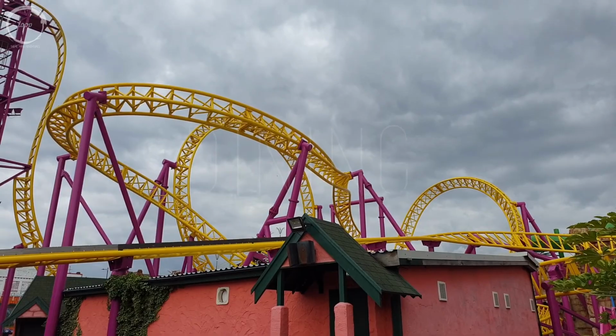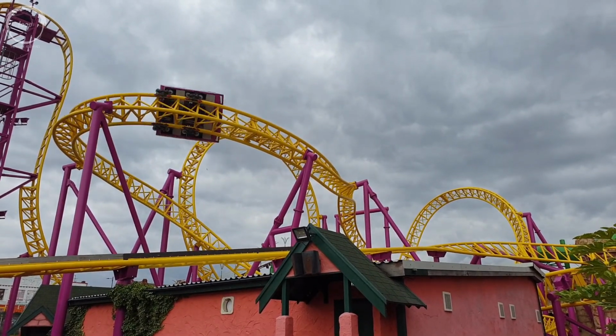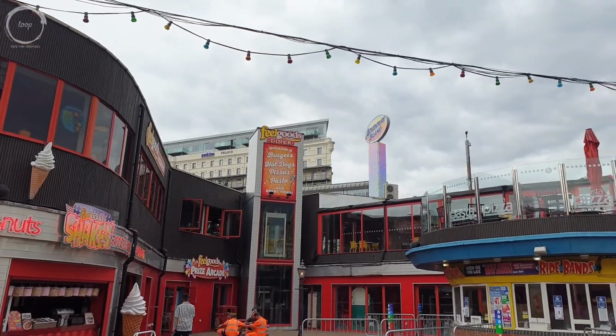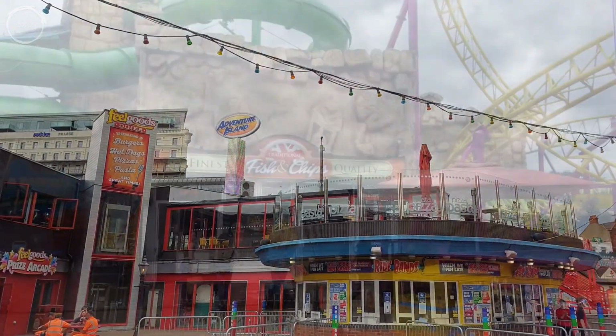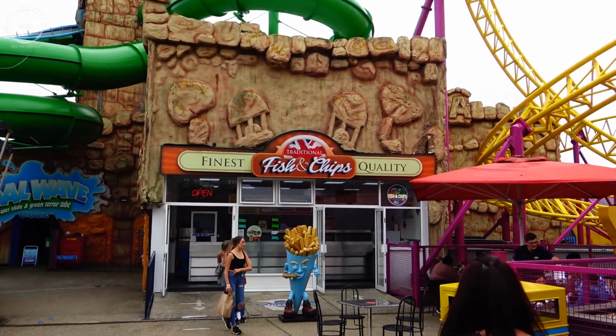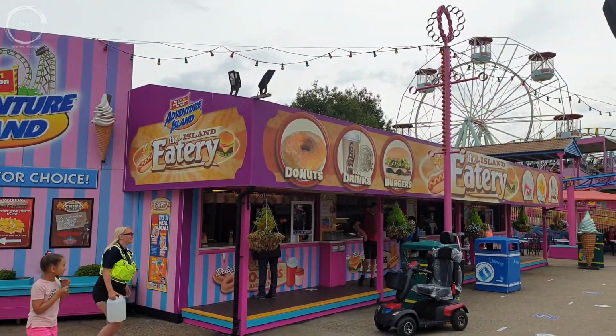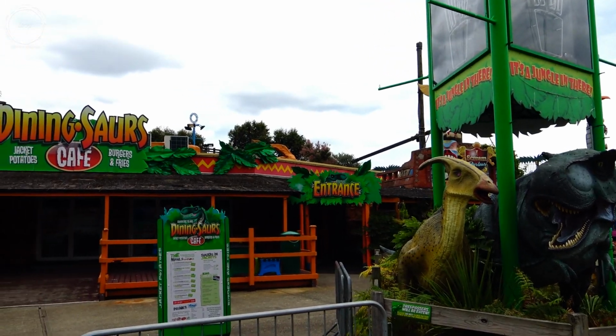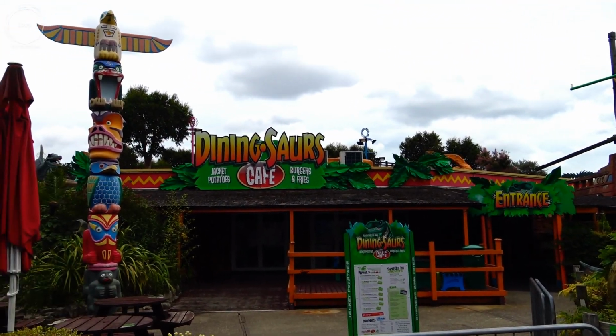Adventure Island features all of the food and beverage options you would expect from a seaside resort, such as burgers, hot dogs, donuts, ice cream, candy floss, and of course fish and chips, which is what we chose. A large proportion of the park's food outlets were open and serving, and with it being a free entry park, guests can also check out what Southend's other local establishments have to offer if they don't fancy grabbing a bite